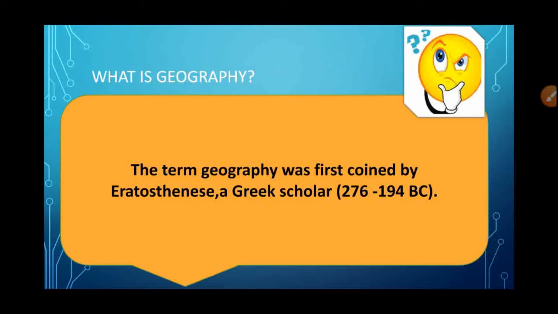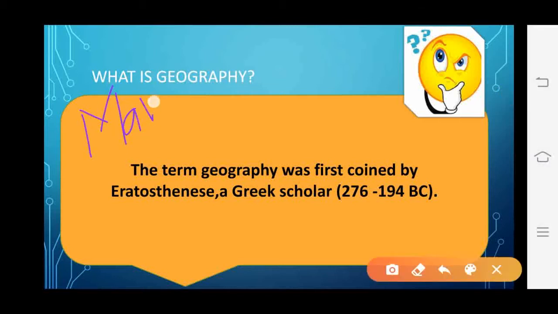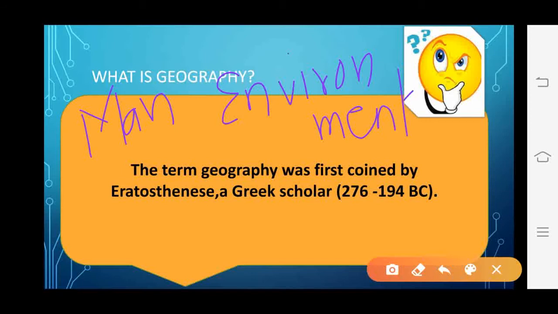Now, generally, everybody says that geography is the study of the earth. Okay, and people think it is only the study of mountains, hills, plateaus, rivers, etc. I would say no. Geography is not only the study of the earth, it is also the study of the relationship between man and environment. ठीक है, ये याद रखना, man and environment. It is the study of all those features, but also how we human beings are interacting with our environment. हम किस तरह अपने environment के साथ interact कर रहे हैं, किस तरह उसको change कर रहे हैं, वो भी हम लोग geography में पढ़ते हैं.